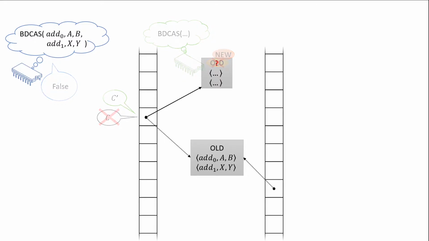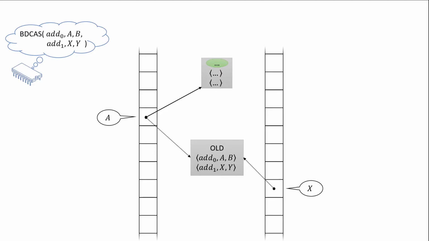Now assume that the status of the descriptor does not change while we help the other BDCAS operation. Our algorithm guarantees that the status will never change after that. We can then determine the interpreted value of the left array entry from the descriptor. If it is not A, the BDCAS operation can also fail. So now assume that the interpreted value is A. In this case, we repeat the same procedure on the right address. Similar to the left side, our BDCAS will either fail or the interpreted value of the right array entry matches the desired old value X.